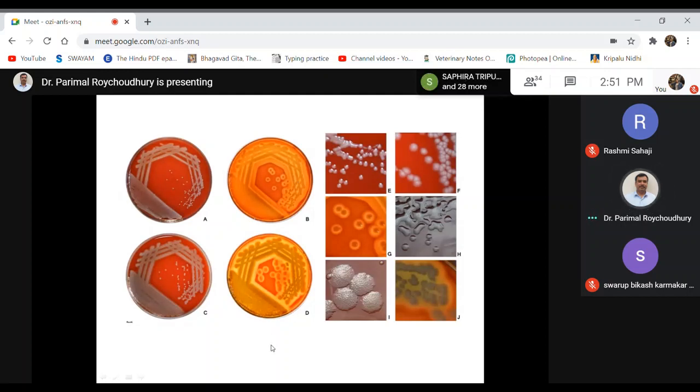So these are the things that we observe, and this is a very clear picture of the streak plate method of inoculation. If you can recollect, this area we call a pool. First we smear in one area, as we have seen in the previous class video. Then from the